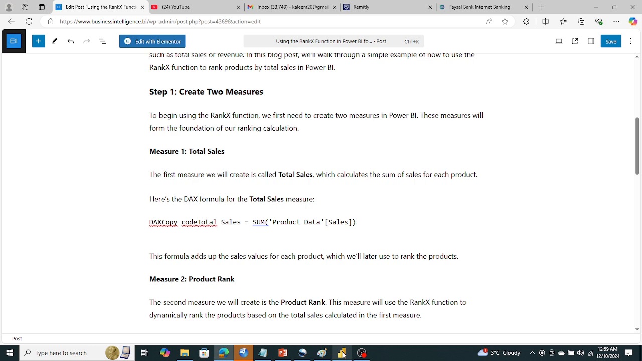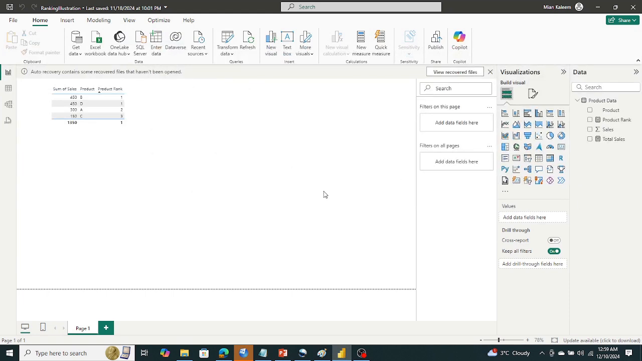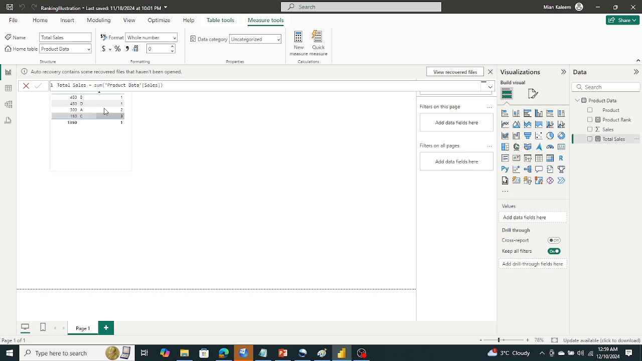The first measure we will create is called total sales, which calculates the sum of sales for each product. Here is the DAX formula for the total sales measure. Let's go here and I'll show you. Basically, total sales is equal to the sum of the product data table name and then the sales of product. Okay,